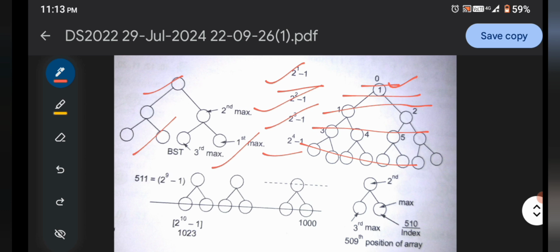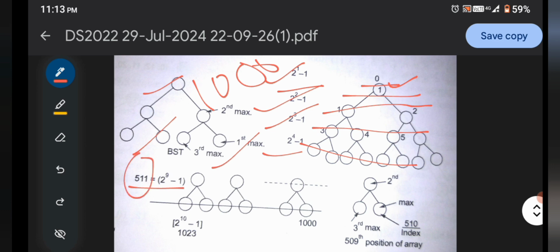Now here we're talking about the third maximum for the 1000 distinct elements given over here. So in the case of 9, if we're talking about the ninth one, if the level is 9, how many nodes are represented over here?